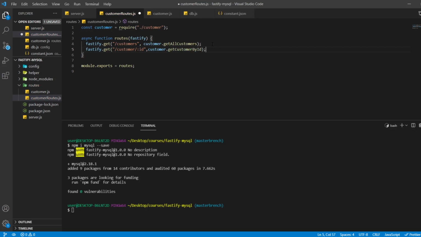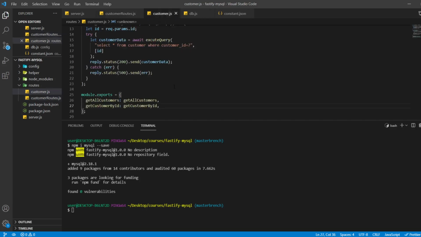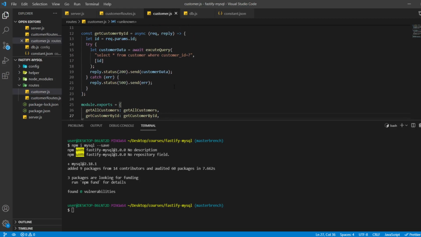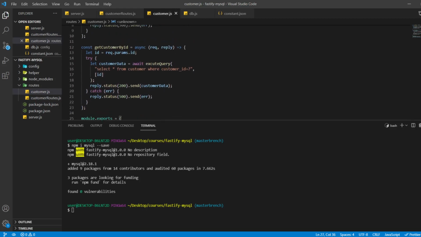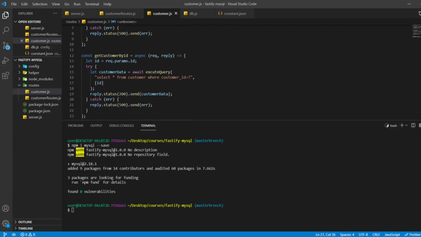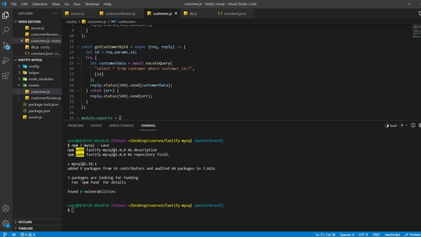Guys, what I'm going to do, I'll first make all the functions, all the endpoints, then I'll test each endpoint. For now I'm going to make all the endpoints, because I don't want to make this video lengthy, so that is why I will test all the endpoints in the end. So now what we can do, we can delete the employees.